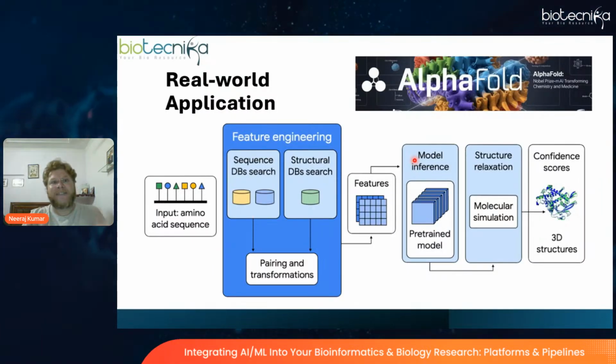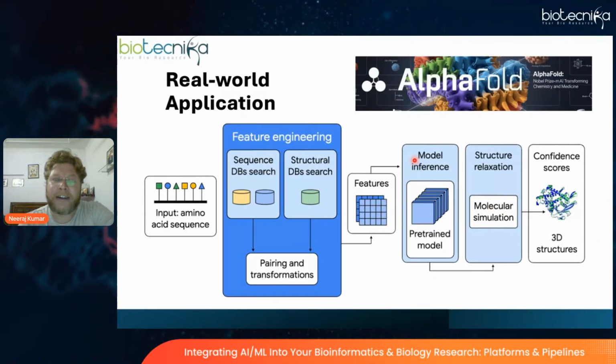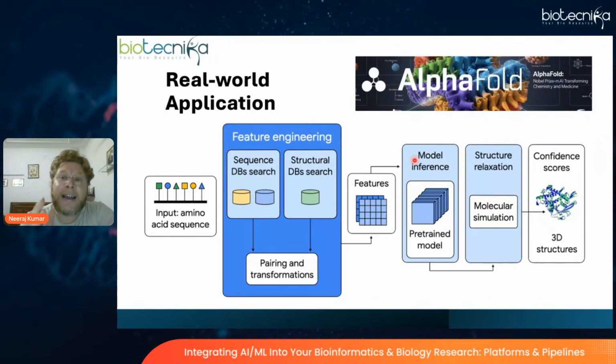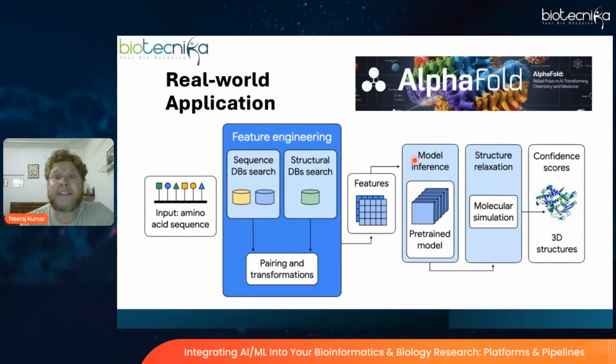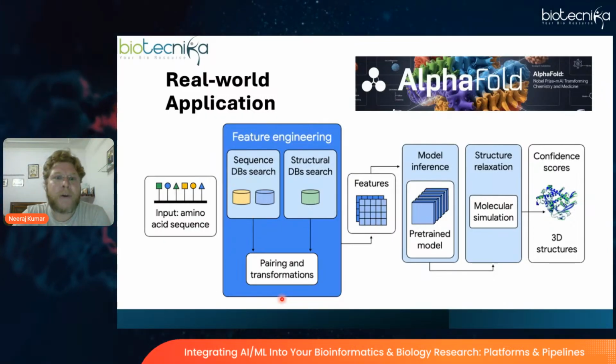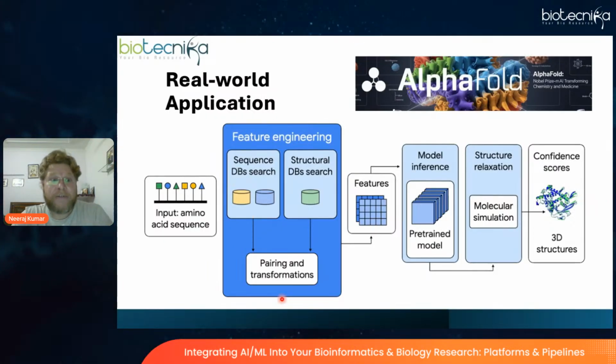Okay, so you have a sequence. You do not have its X-ray structure, or the structure resolved by cryo-electron microscopy or NMR. So this is an algorithm which automatically builds the protein structure and produces a 3D structure. So how does it exactly work? Let me just give you an overview of how it works.